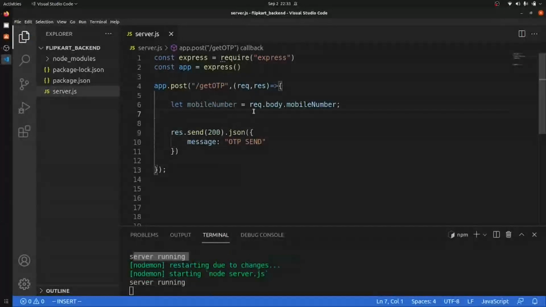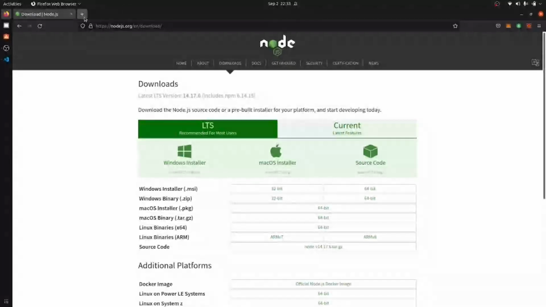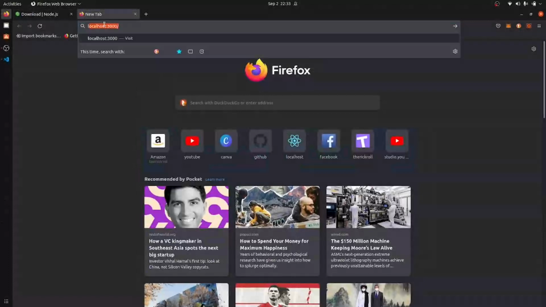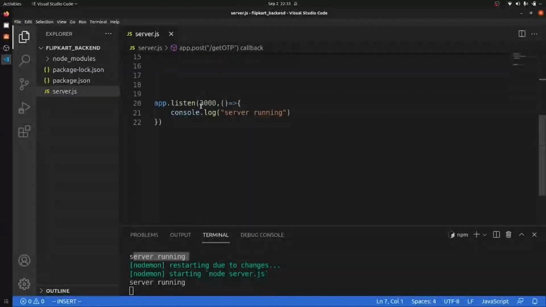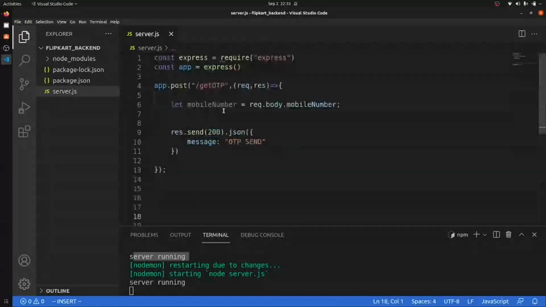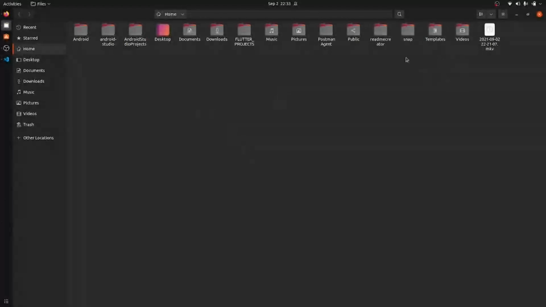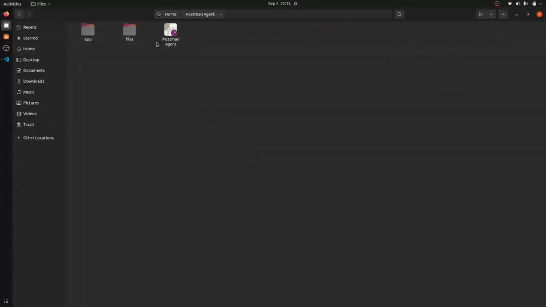In order to check whether our application is running or not, you can directly go to localhost 3000. We have already noted why it's 3000, because we are running our port at 3000. So how can we test this whole thing? In order to test this, you have to go to your Postman, and here you can check your application. Let it open.